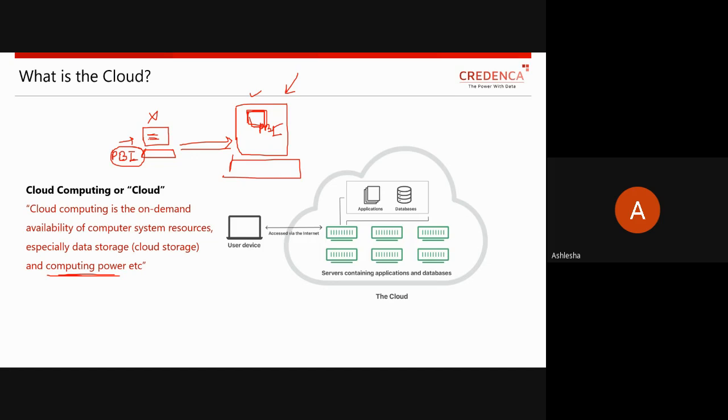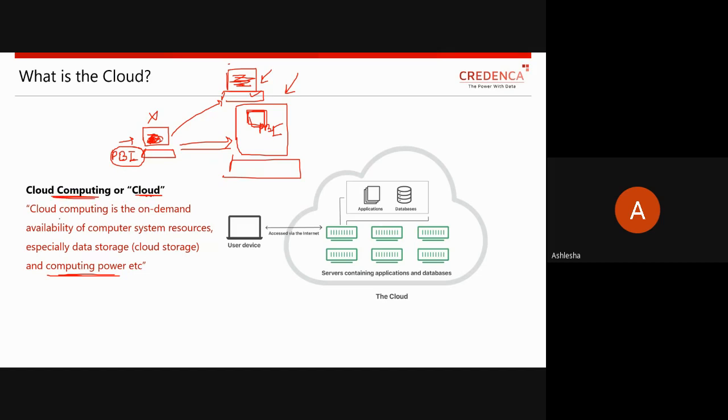Suppose sometimes you have some data and you don't have enough space to store it on your system. At that time, you can take storage on rent from some cloud service companies. They will give you their server to maintain your information, and they are responsible for maintaining it. That is what we call the cloud or cloud computing.